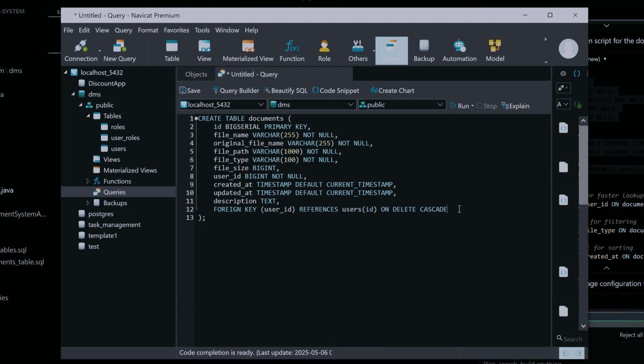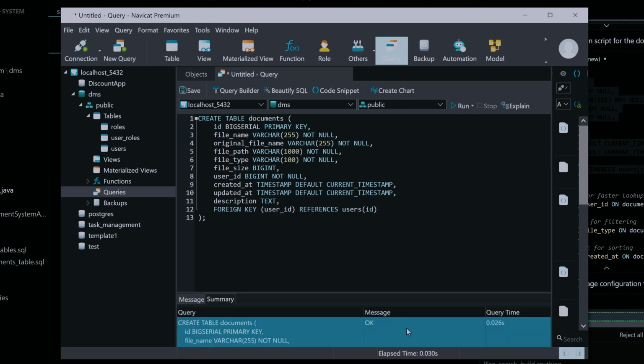This is something to look for, because on delete cascade means on delete it will cascade to the documents of that user. So this is kind of a design decision. In my opinion, this is good. When the user is deleted, there should not be any document of that user, but you may want to have those documents intact. That is completely understandable and fine, and in that case we will remove this part. Okay, so I'm running this SQL and it successfully executed, and if I refresh here,